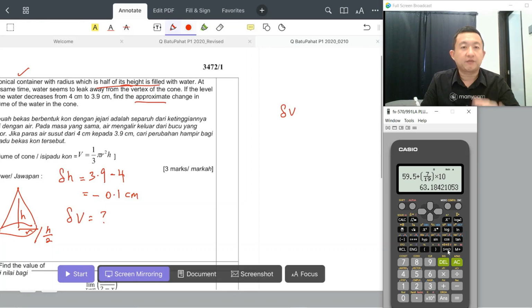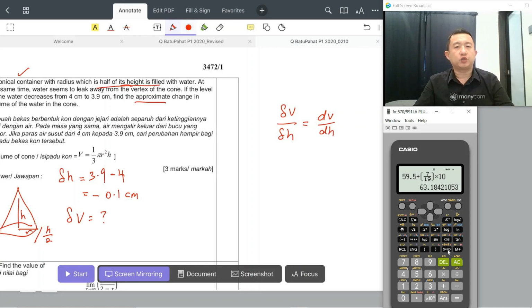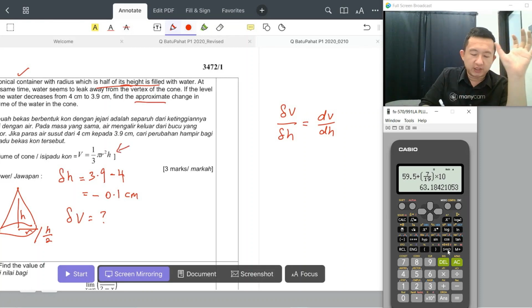Change in V, if you want to find this, and you also have change in H. Okay, change in V over change in H equals dV/dH. Remember this? To have differentiation, dV/dH, you need the equation of V and H. Properly we can refer to this one. Okay, now we have